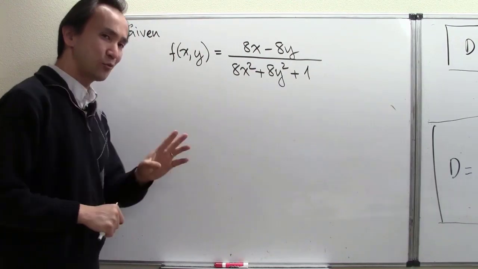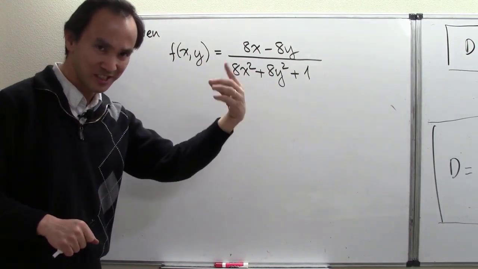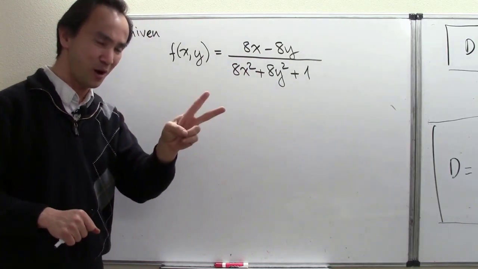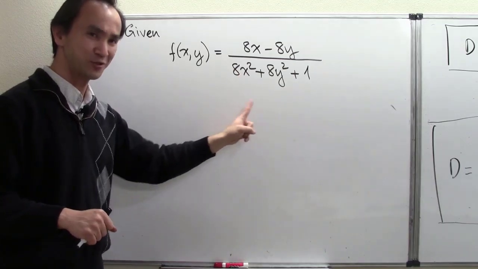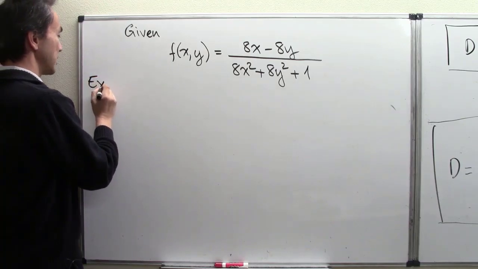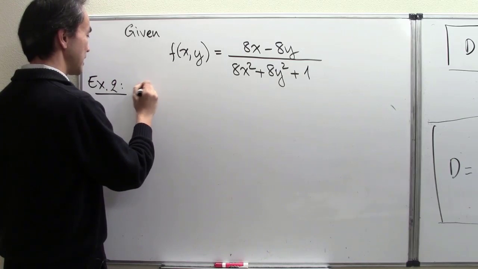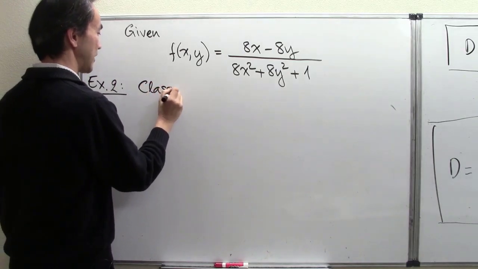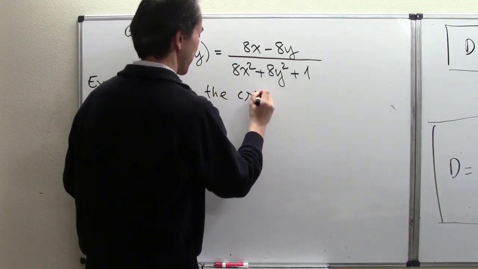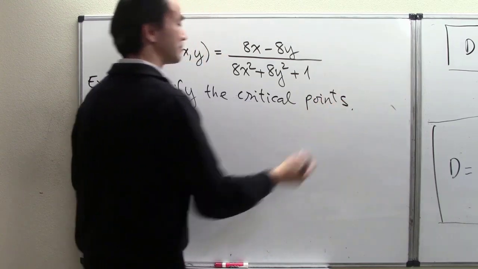All right, so now that we have found, think about one function we have done in step one through our example one. We have found the two critical values, right? From example one, we found two critical points from this function. So now I'm going to bring in example two. So example two here, many textbooks label the problem as following: classify the critical points. Classify the critical points. Okay, but